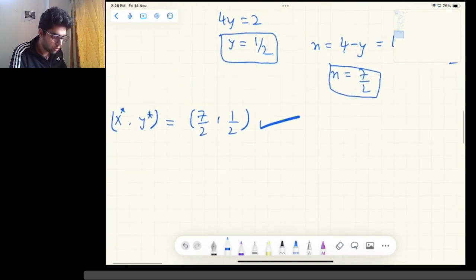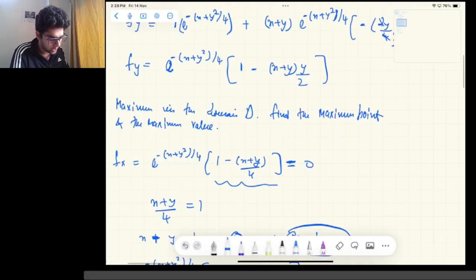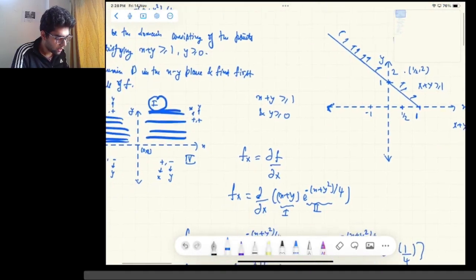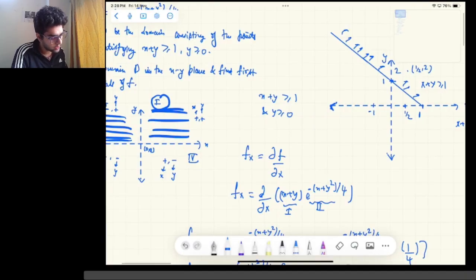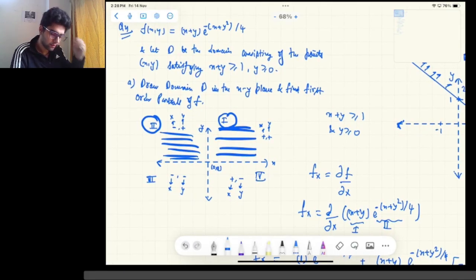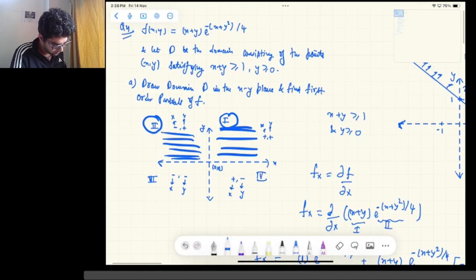Now we need to check for the boundary or the edge conditions. What I'm given is x plus y greater than or equal to 1 and y greater than or equal to 0. So x plus y greater than or equal to 1. What I can do is just substitute x plus y as 1 here. Can I do that? I can do that. So the function given to me is,